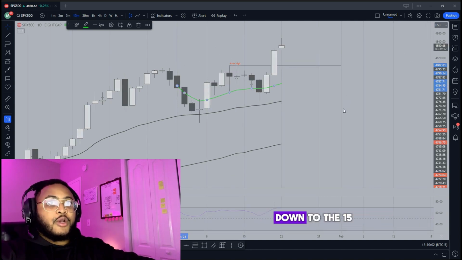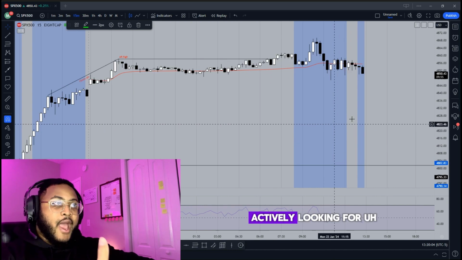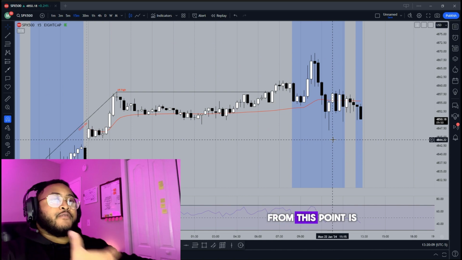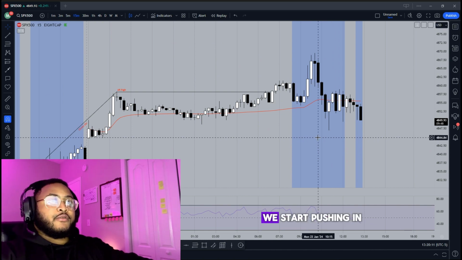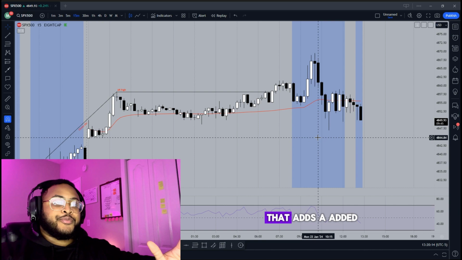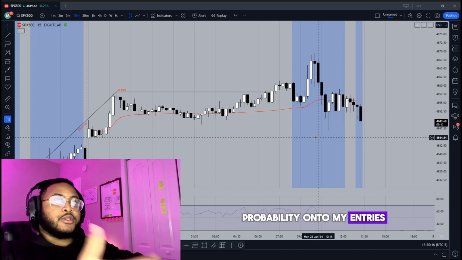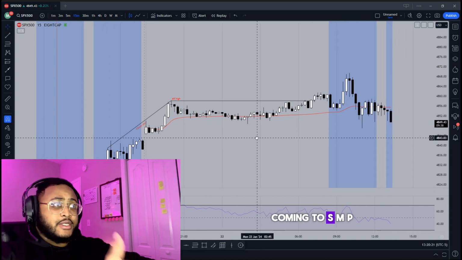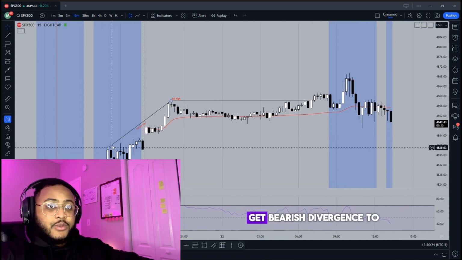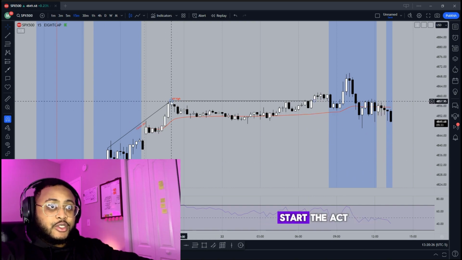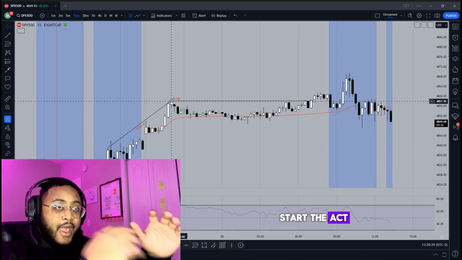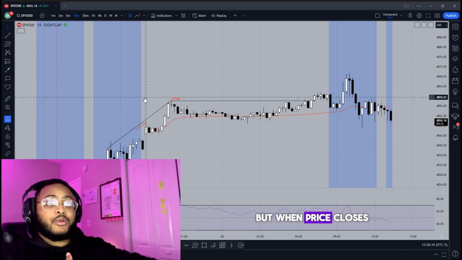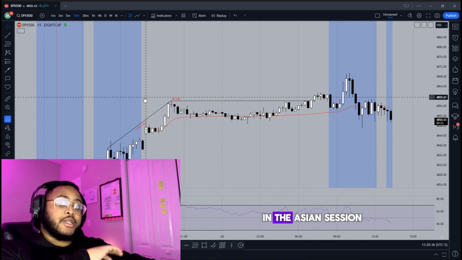So when I'm dropping down to the 15-minute time frame, which is where I'm actively looking for active trade ideas, from this point is where I start to see if we start pushing in a direction that adds an added probability onto my entries. The immediate thing that I see coming into S&P 500 today is we get bearish divergence to start the active trading day, not the New York session, but when price closes and reopens in the Asian session,